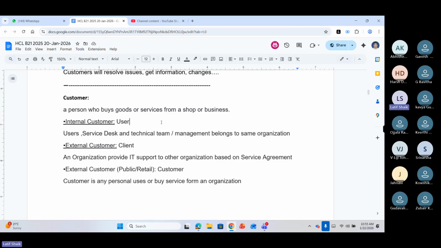Means I'm a customer. I need something. I need a virtual machine to practice Linux, or maybe I need a database server access, or maybe I need a mail change, I forgot my mail account password, and it should be reset. So I have to get it from my organization's